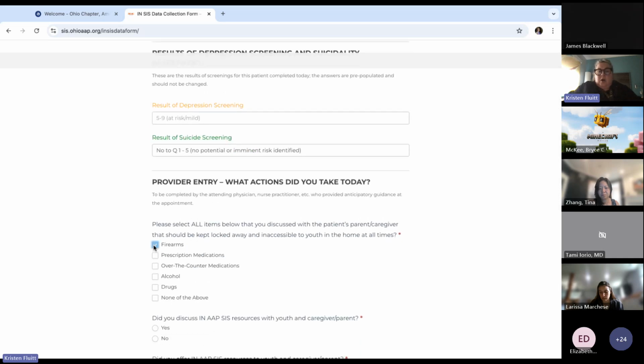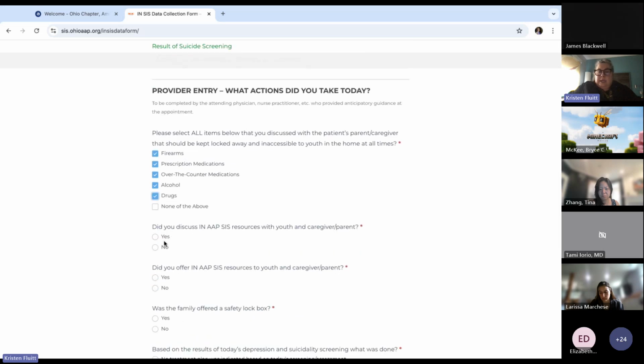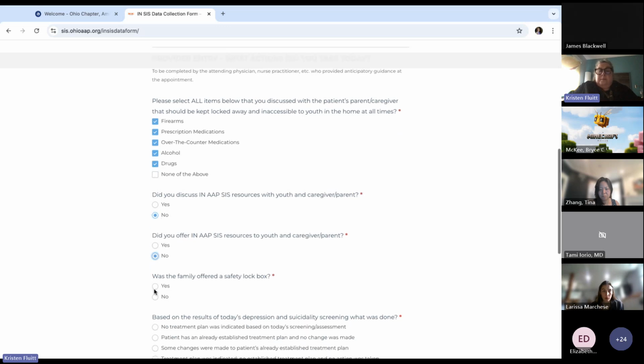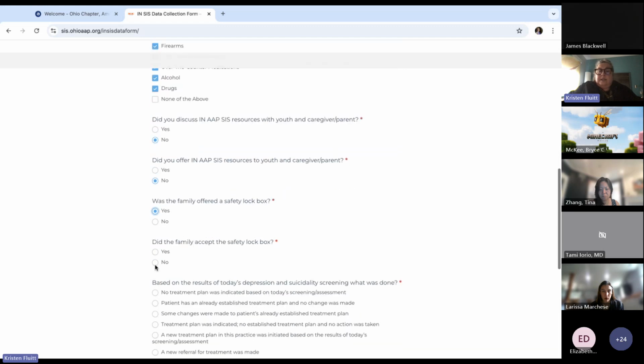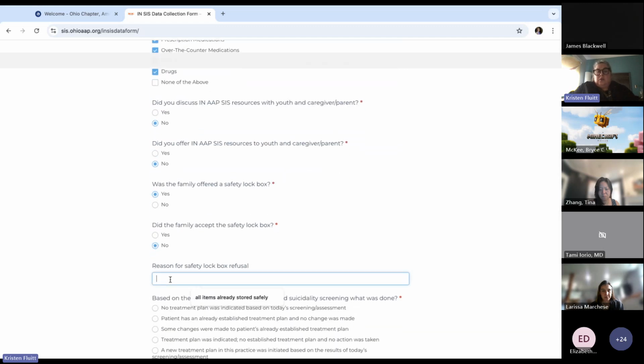We did discuss all of the items to keep locked away. We did not discuss the resources. I think we forgot to do that. And we didn't offer them, but we did offer a lockbox, and they did decline the lockbox, so we're selecting no. If you want to enter the reason,